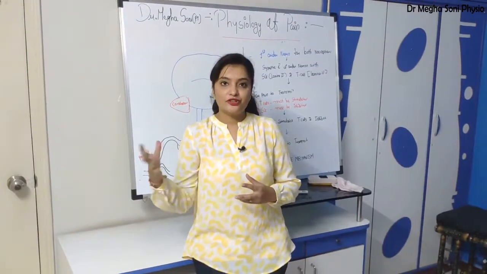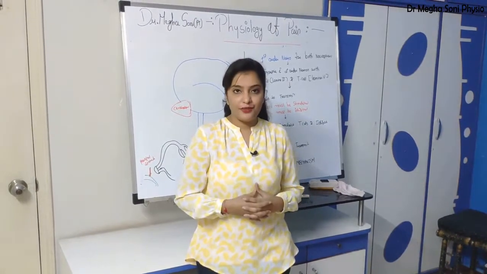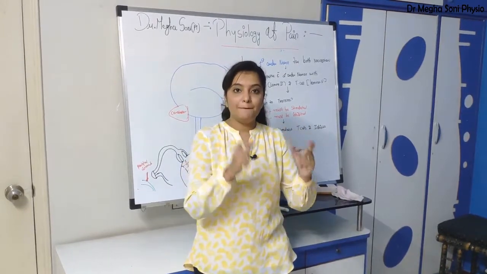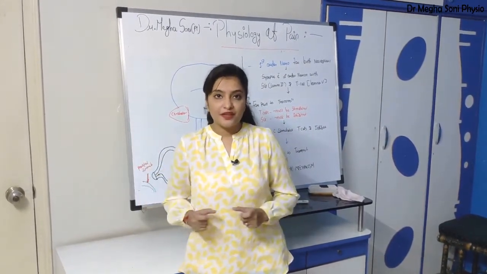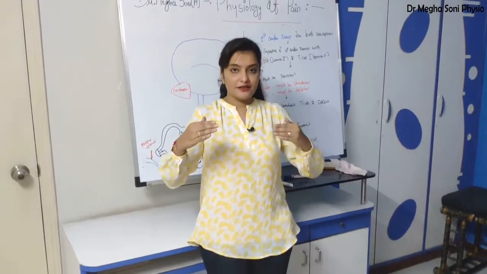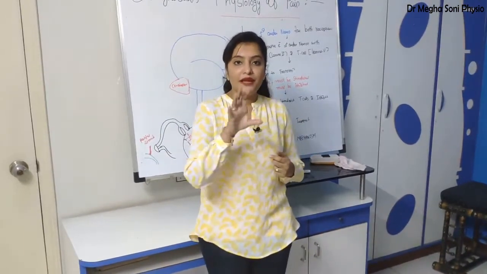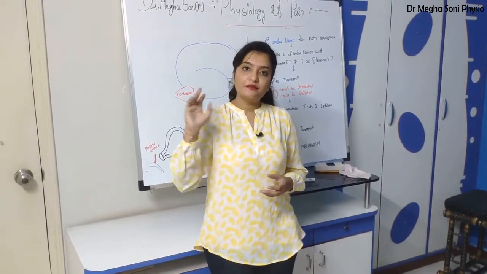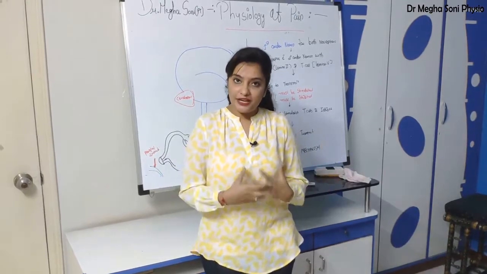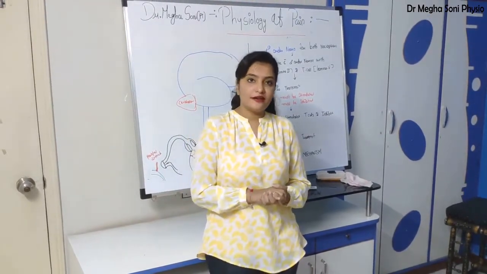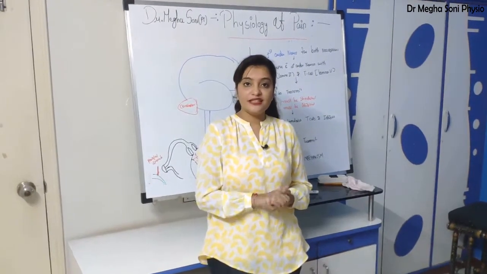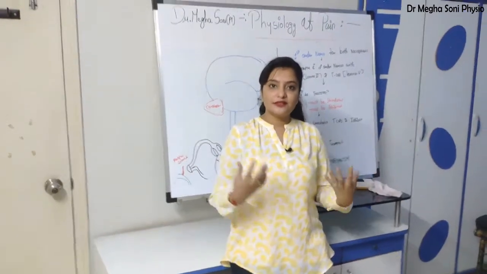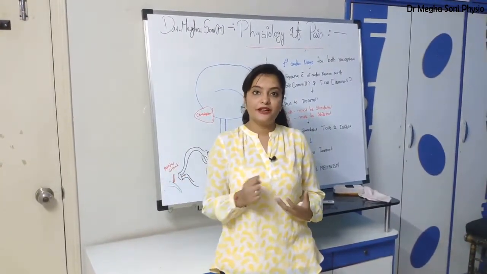This lecture is the continuation of the previous lecture, that is, physiology of pain. But today we'll discuss the most important topic, that is, the pain gate control mechanism. Pain gate control mechanism is of two types: open pain gate control mechanism and closed pain gate control mechanism. Open pain gate control mechanism means it allows pain to transmit from peripheral to central, that we have seen in the previous lecture, right? Spinothalamic tract, spinoreticular and spinomesencephalic. These fibers are responsible to carry the sensation from peripheral to central.